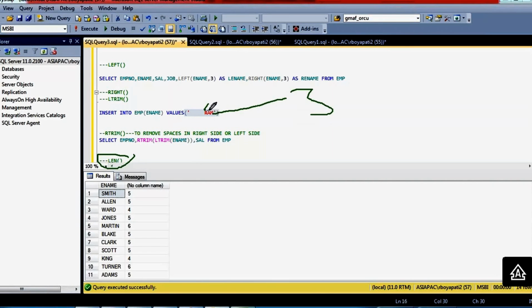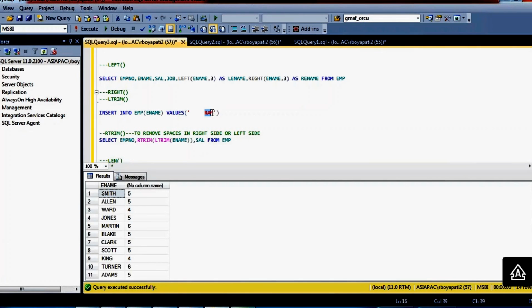Here how many characters do you have? 3 characters. But actually how many bytes of space is used? For these 3 characters, 3 bytes, as well as these spaces: 1, 2, 3, 4, 5, so 5 spaces. Each space is 1 byte. So 5 plus 3 characters, total 8 bytes of space it is using.